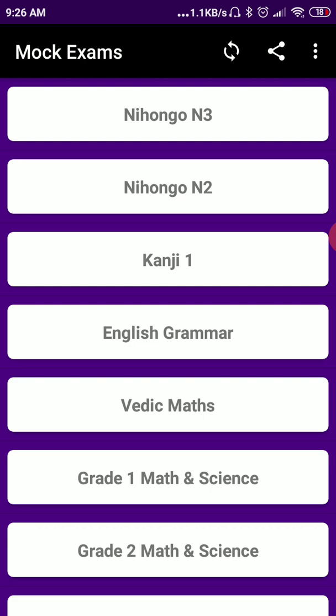The other options are you can use this reload button at the top, right? So all these questions are maintained in the backend, but you don't need an internet connection once you get all the questions on your Android app, right? So that's the good part about it.